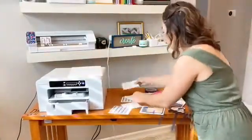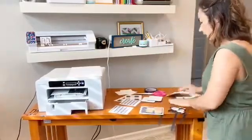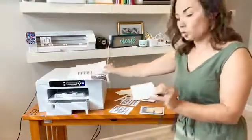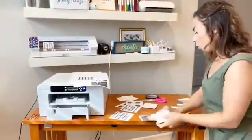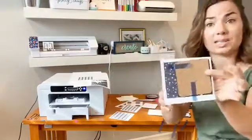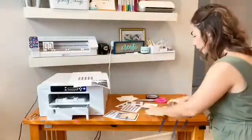All right, so once you have all your pieces printed out, you are going to take your blank. Usually they have a clear protective sheet, which I've already removed, all right? And then you are going to tape, like this. This is so you don't get what's called ghosting. So when you put this in the heat press and then you pop it up, you don't want it to move and create a ghost